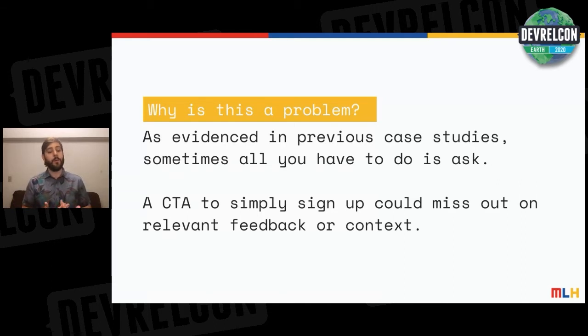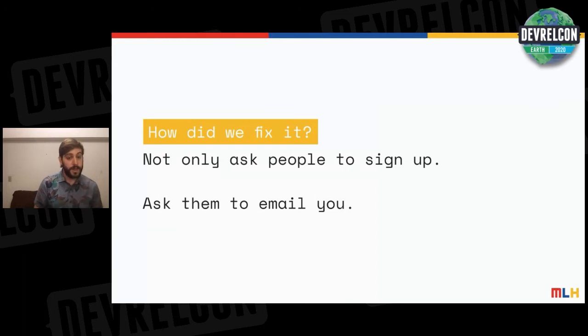And I think the important thing here is that our calls to action from a marketing standpoint are frequently metrics driven, in the sense that we want people to sign up. That is the core KPI here. But what happens if you ask people to email you instead? We would add buttons to an email where it said, sign up now for an account. And below that, we'd add a second button that said, email us your feedback. And tons of people did that simply because we presented it as an option. And it not only allowed us to build a relationship, it also increased brand preference and usage, because people felt like we actually cared about their opinion.